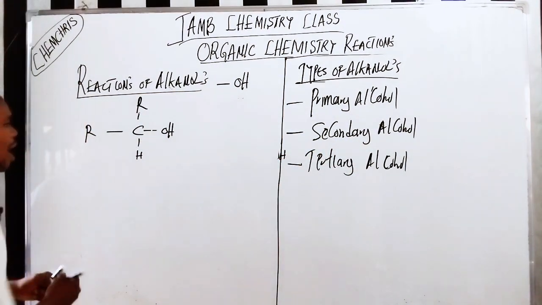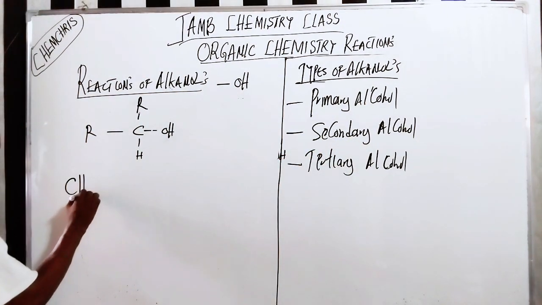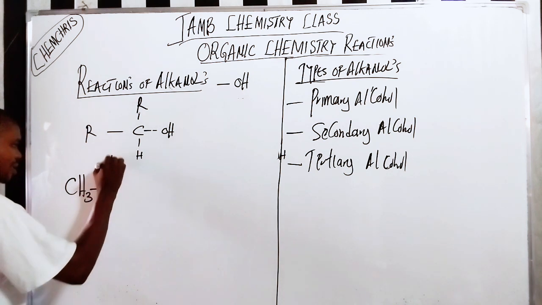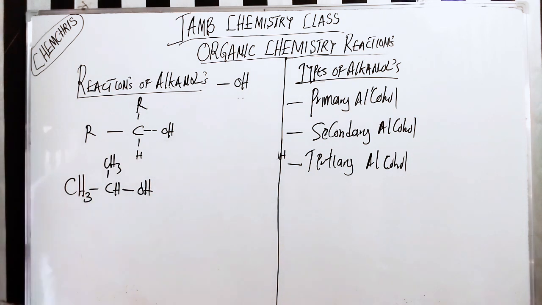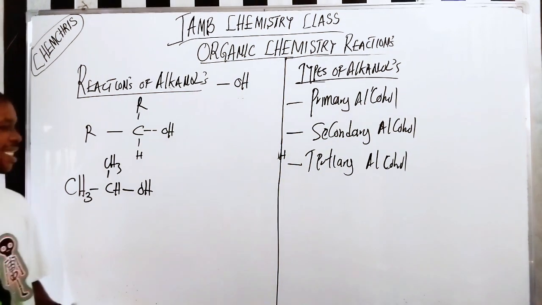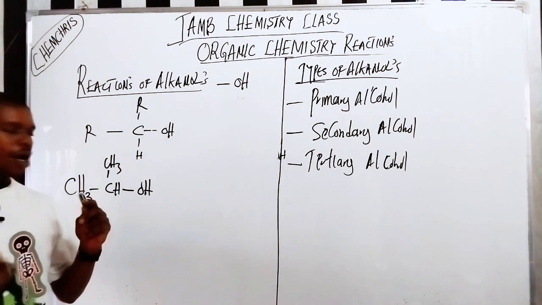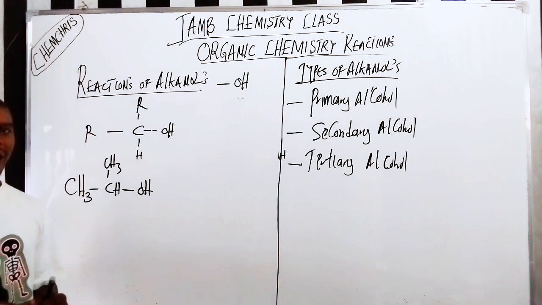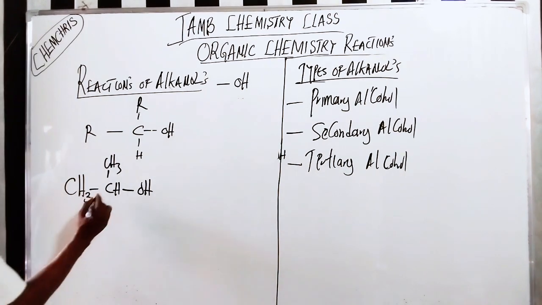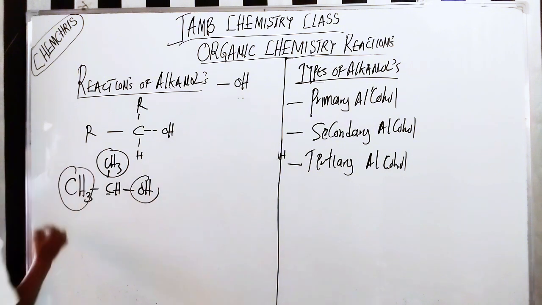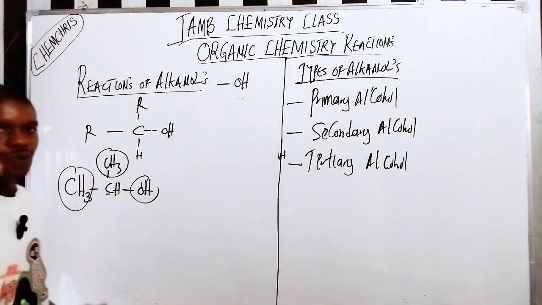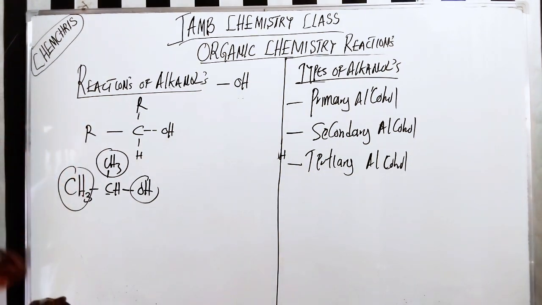A good example is CH3CHOHCH3. This is a typical example of secondary alcohol, because the carbon atom that bears the OH has two methyl groups attached to it. Therefore, this compound is called